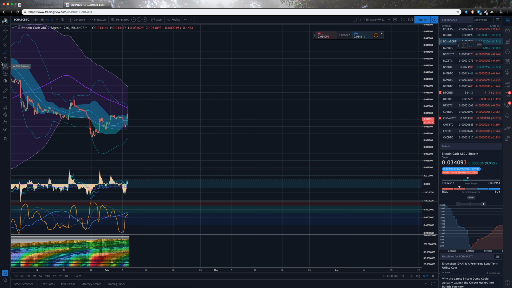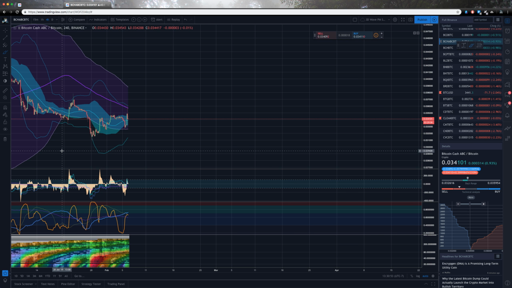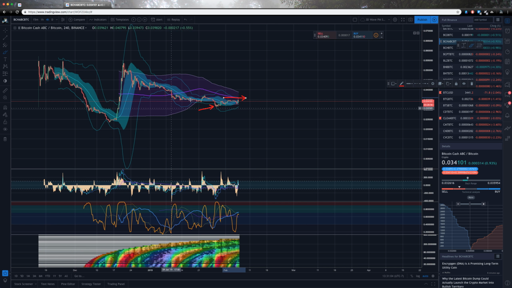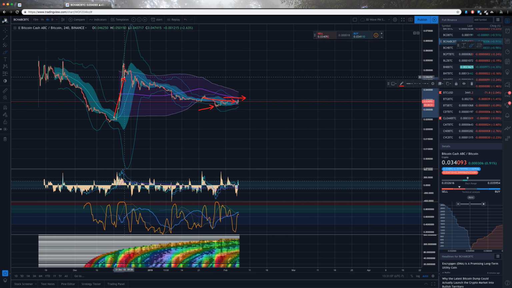Oh shoot. I keep missing my take profit targets, folks. Right there. Yeah. Shoot. Alright, because I entered on this 3.2 standard deviation tag, and I keep missing out on these wicks for my take profit. However, I mean, this is a lateral range. I really am expecting another bump like this.